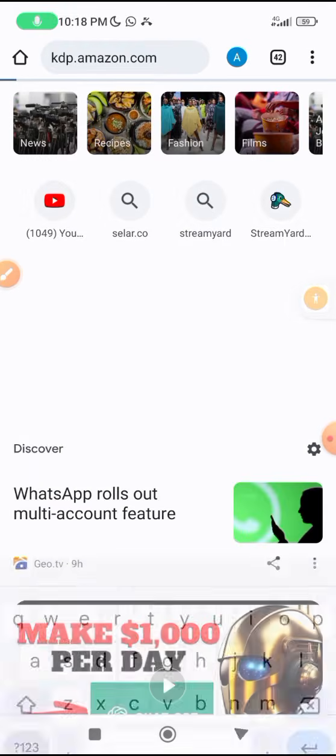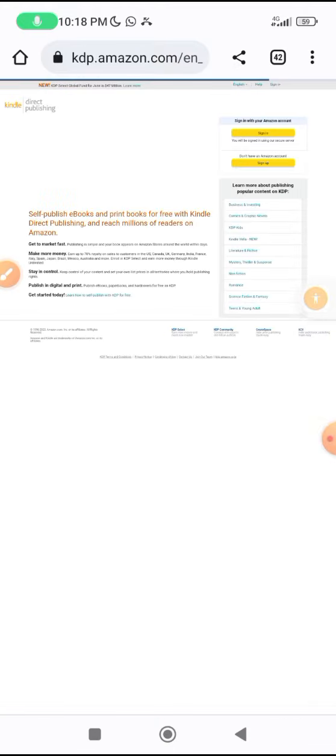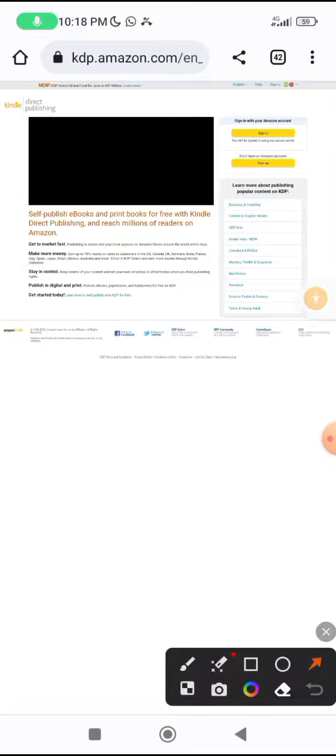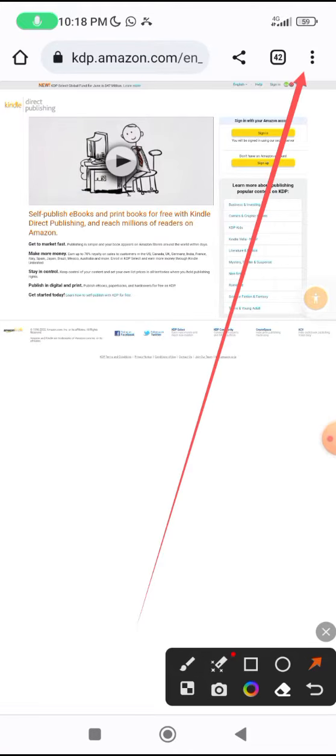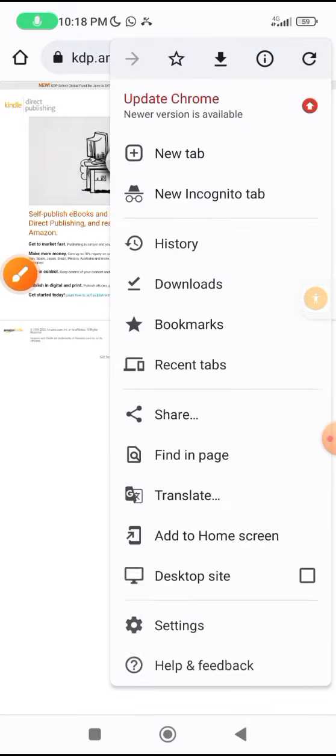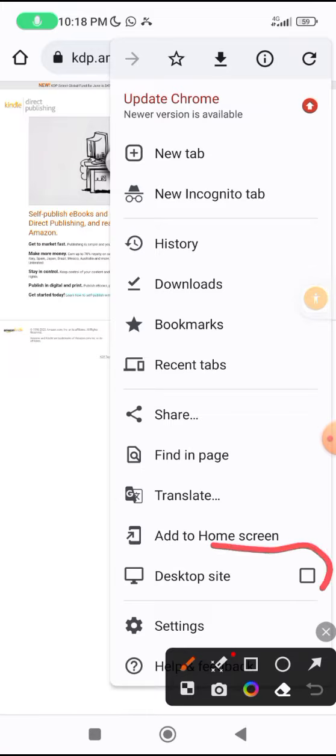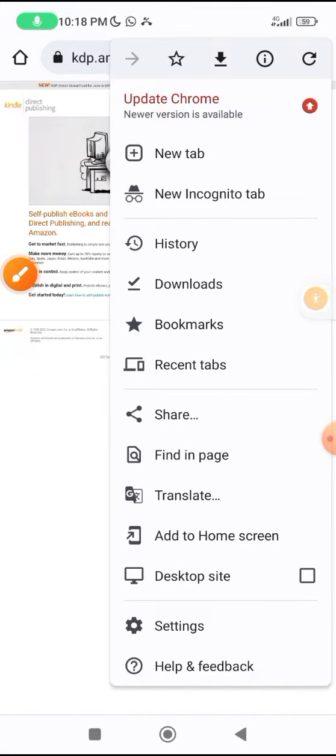kdp.amazon.com, and then you click on. Now I want you to do something. If you look up here, you will see this, follow my arrow. Now if your phone is not on desktop side, click on it and put your device on desktop side. So you can see it. This is it. So put your device on desktop side,